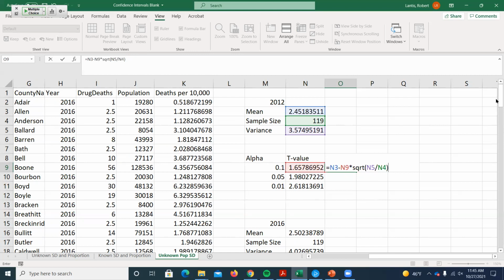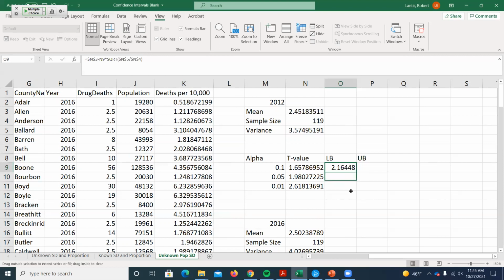So when I want to copy this down to build the confidence interval for 3 different levels, I'm going to want that t-value to update, but nothing else changes. I should be using the same sample mean, sample size, and sample variance. So everything but that t-value, I'm going to freeze those cell references. Okay. Now when I copy this down,